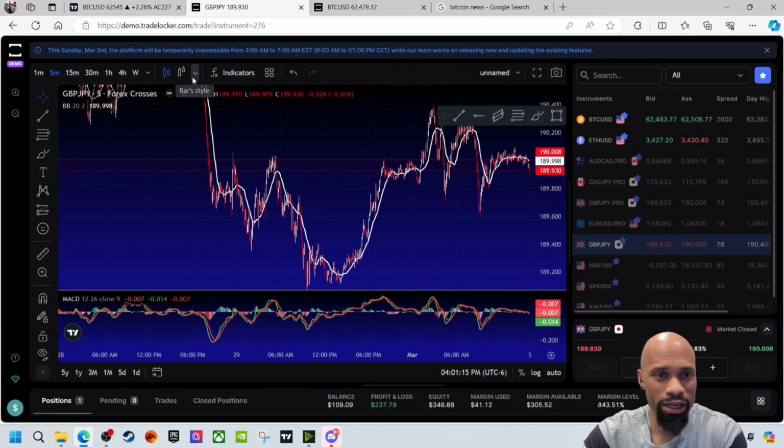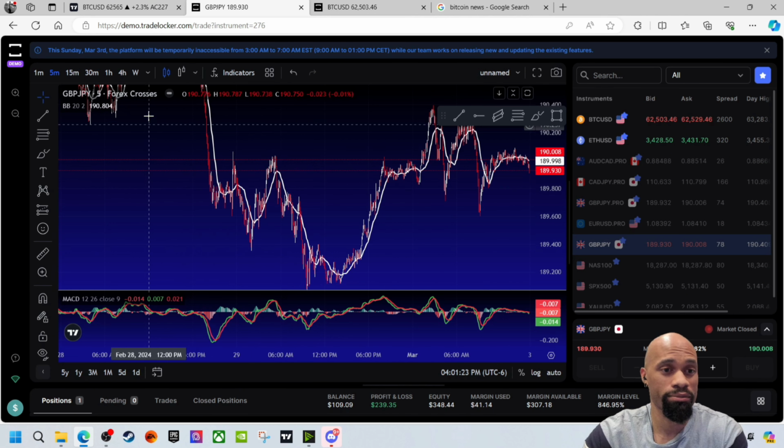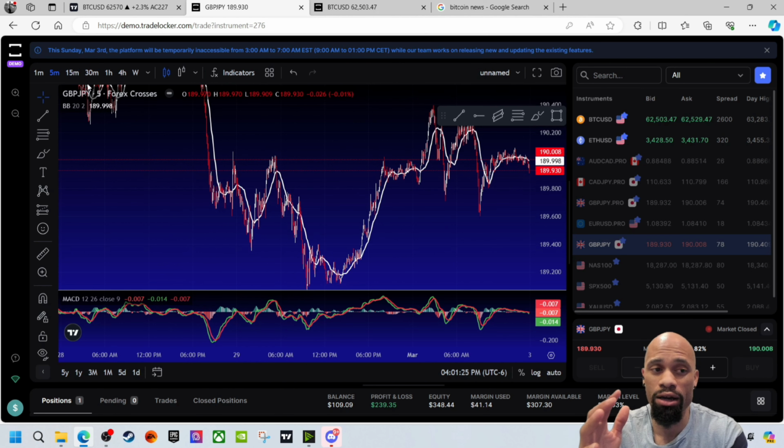So candlesticks, choose your candles. If you are familiar with TradingView, it's the same exact way on TradeLocker, somewhat. They don't have the 3-minute chart on here yet, but they are working on it, and they don't have backtesting on here yet. They covered that, I think, either yesterday or this morning on the live